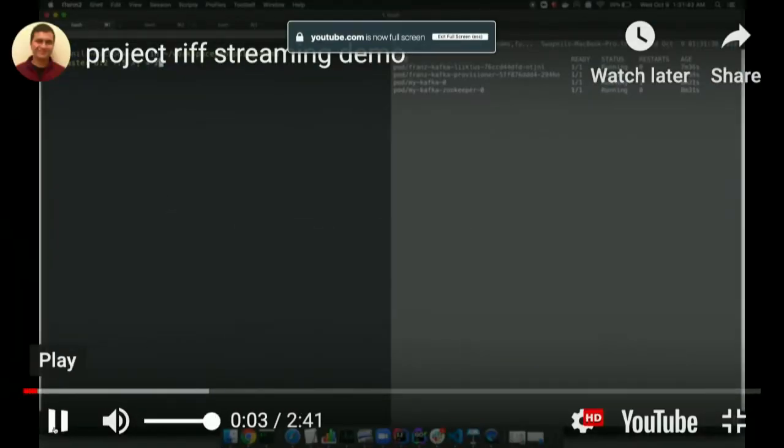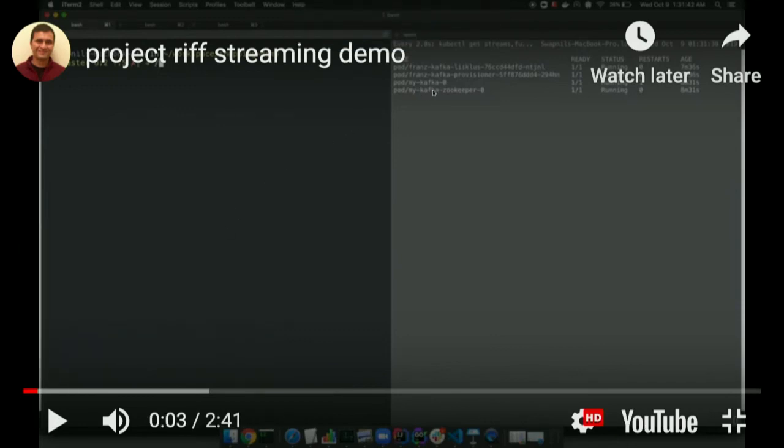So as I said earlier, it may not be super visible, but Kafka is already available here. So that's what you need to provision first. The Riff system will not help with that. So you need a provider that will be configured with the Kafka address. And this provider is made of a provisioner that will create topics on demand whenever you create streams with the Riff CLI.